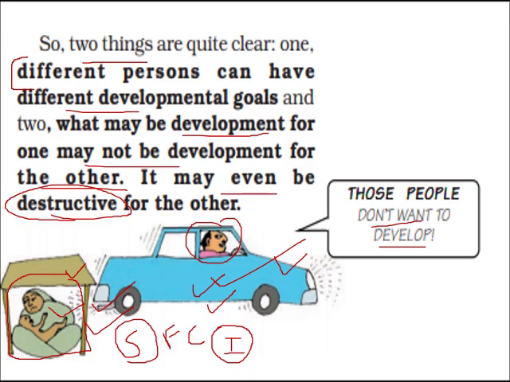Like, if we take the example of this person only, if he thinks of removing all those poor from the roadside area, then where will these people go? It means you will kill them, or you will remove them completely to a deprived area, or you will just put them in some gas chambers or what. So this is something which is very destructive. You are thinking of development by putting somebody's life into poor conditions.